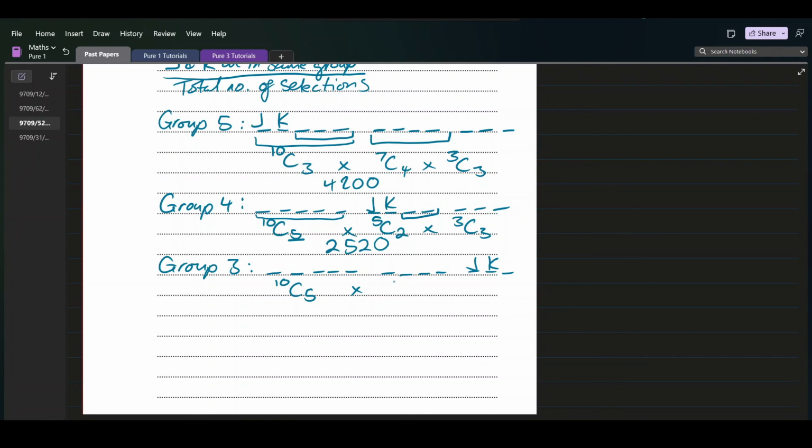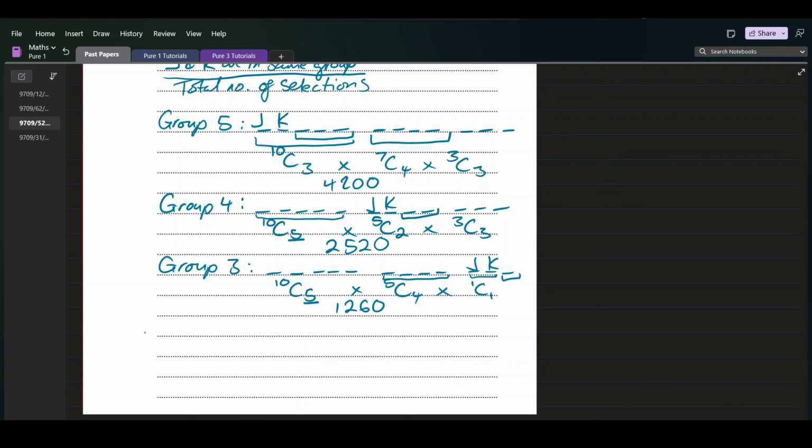Then we've selected 5, and both J and Kaz are out of the selection pool, so only 5 people remain, and in this group there are 4 slots available, so that's 5 choose 4, and then finally 1 choose 1 because there's only 1 slot remaining for 1 person. If we punch that into the calculator, that's 10 choose 5 times 5 choose 4 times 1 choose 1, which gives us